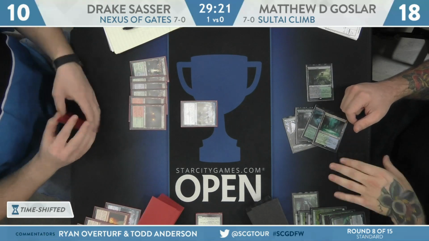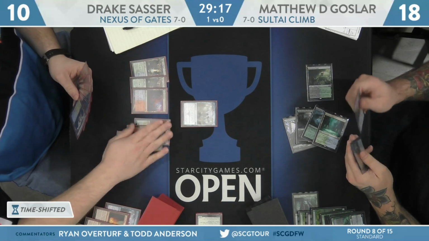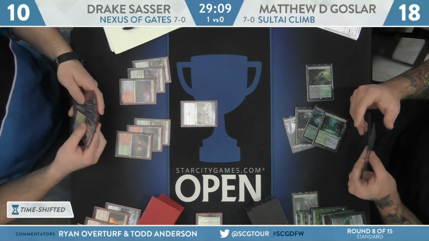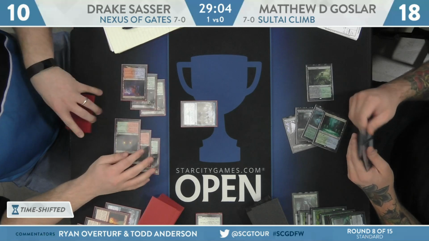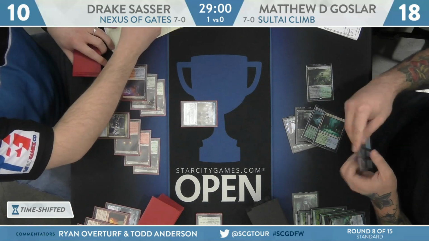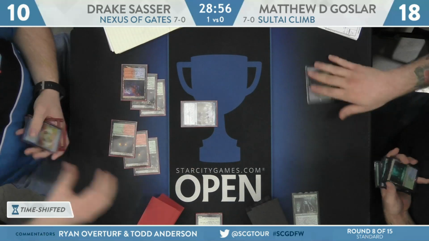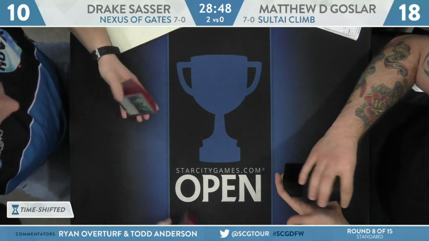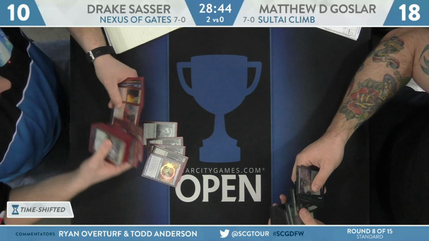No, I think Goslar is suffering from just not having the right answer to the right cards from Sasser. He's able to take the Gatebreaker Rams, sure, right? He's able to, but the problem is all of his threats got swept by the Gates of Blaze. If he had used Unmoored Ego instead of Duress on the turn, where